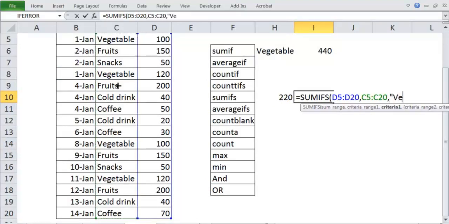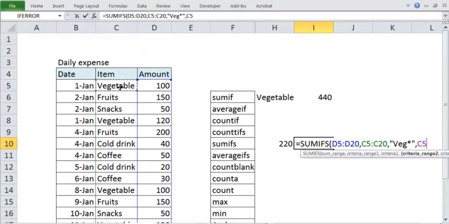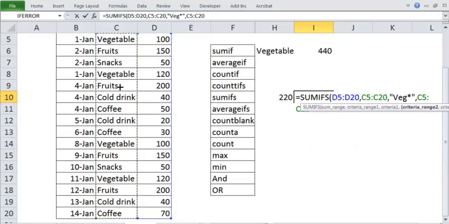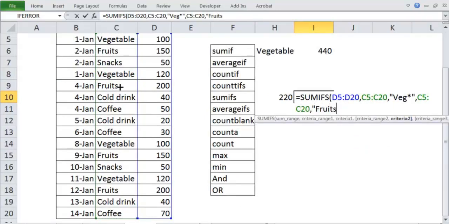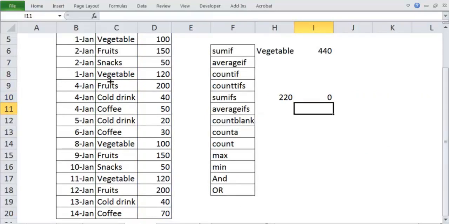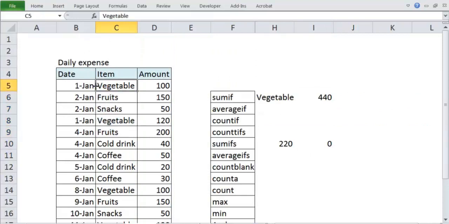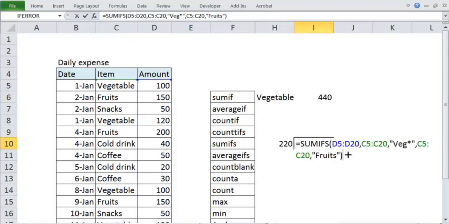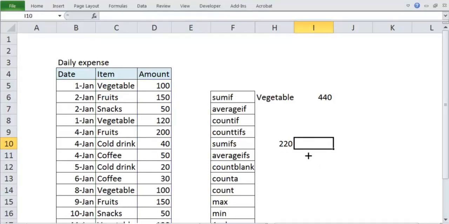Let's say I put veg star. Then you put another criteria that this is fruits, and you put fruits. You will get 0. Why? Because there are no rows where you have vegetable as well as fruits, so that is why it has gone to 0. So please note that SUMIFS works across multiple columns.